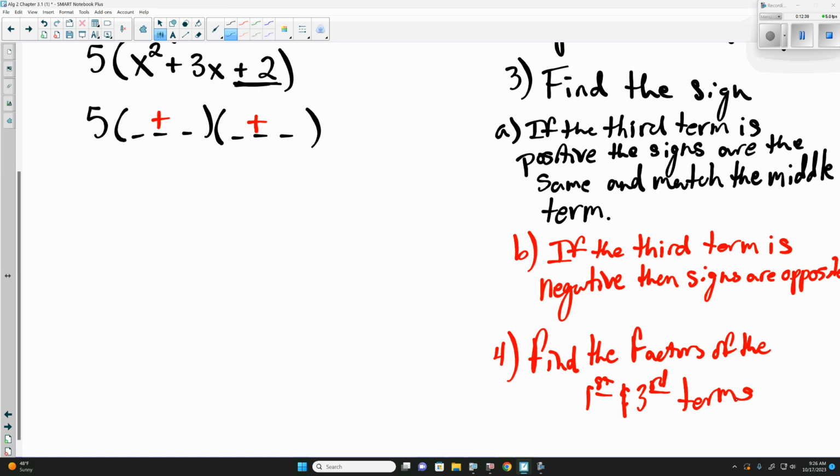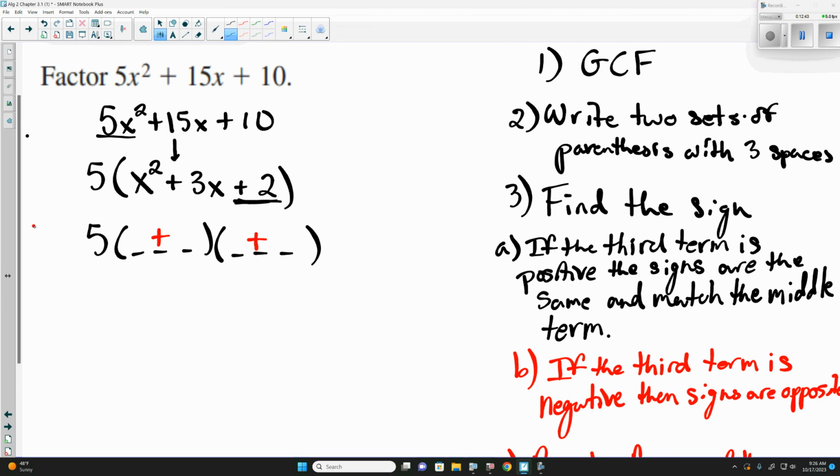So when we look at this here, our first term is x squared, and our third term is 2. So if we listed these out, x squared,